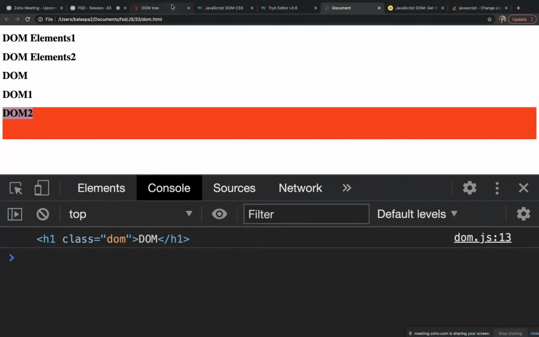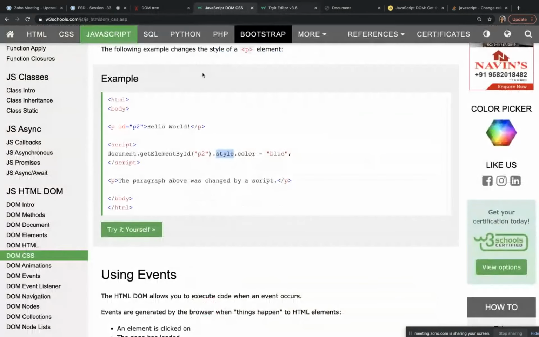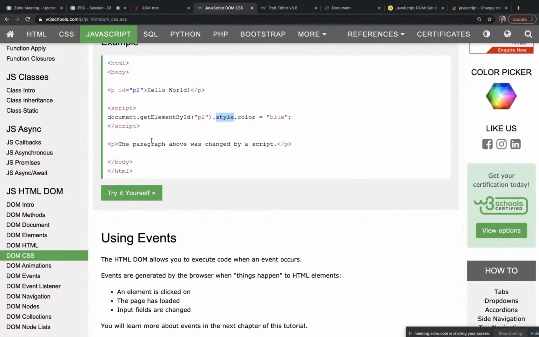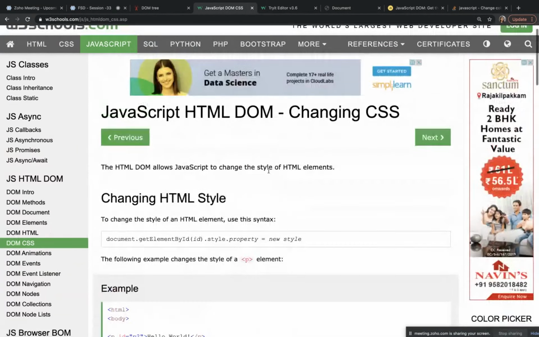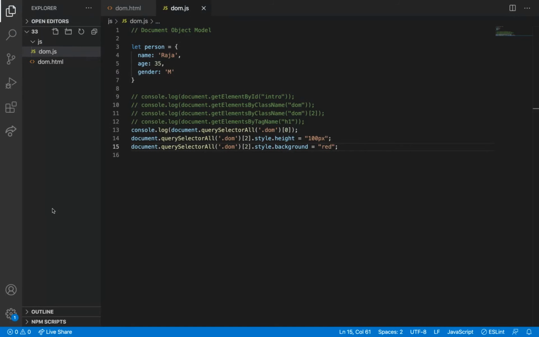So what are the things we have seen today? Let me summarize because it was a little bit clumsy. So what are the things we have seen? How to get the elements. We can get the elements in 4 ways using getElements: getElementById, and then getElementsByClassName, and then tag name, and also using the name.